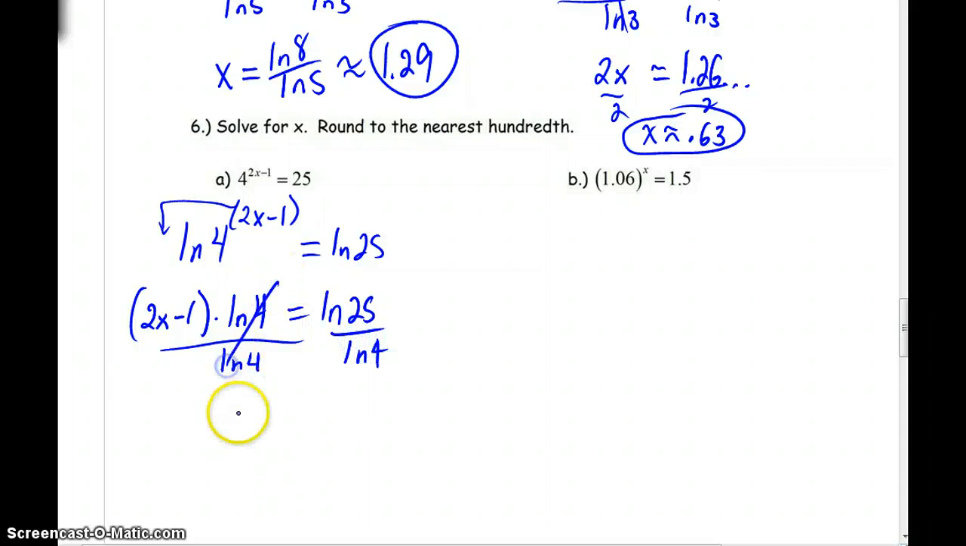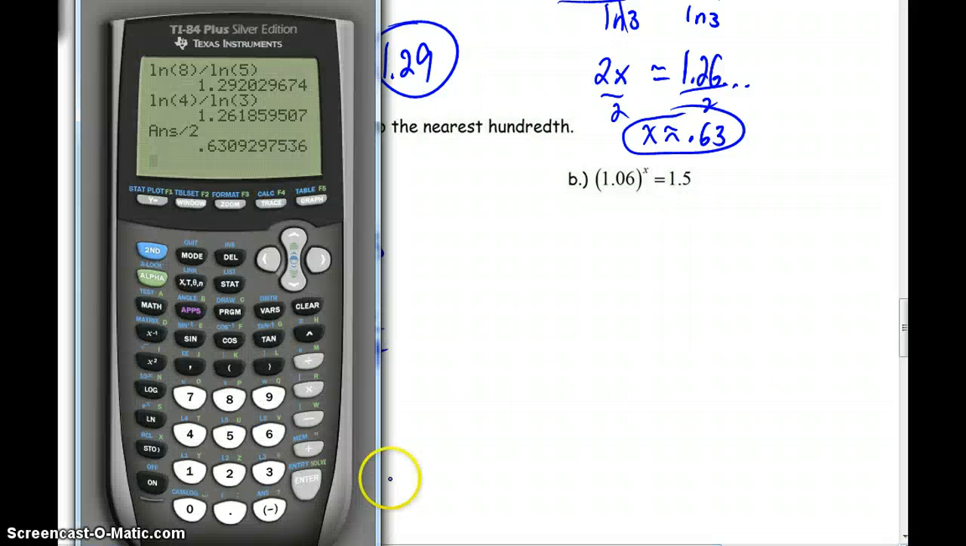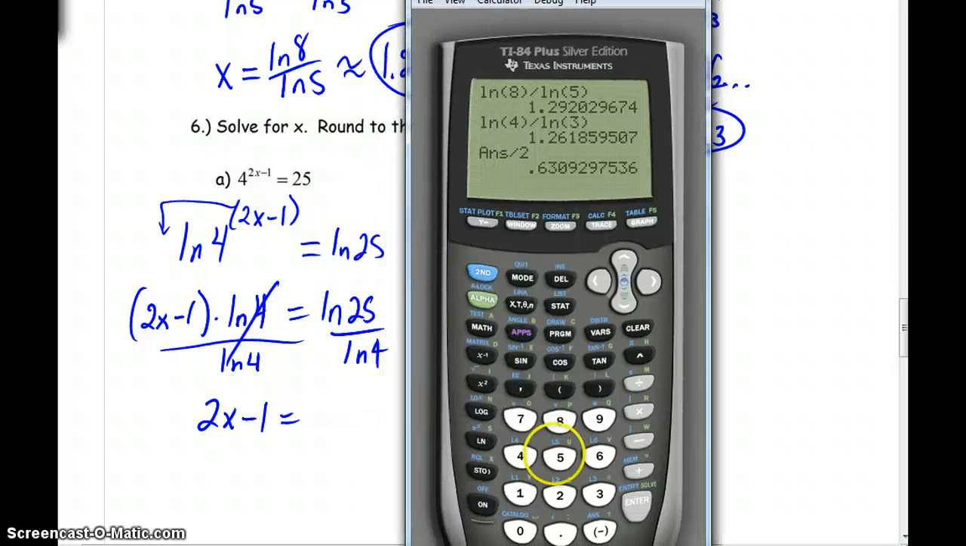Well, tell you what, let's move on and get rid of this natural log of 4 from both sides. And we're going to need our calculator. We're going to have a 2x minus 1 on this left. But let's get some help from the calculator here. Natural log of 25, parentheses, divided by natural log of 4. And what do we get? About 2.32